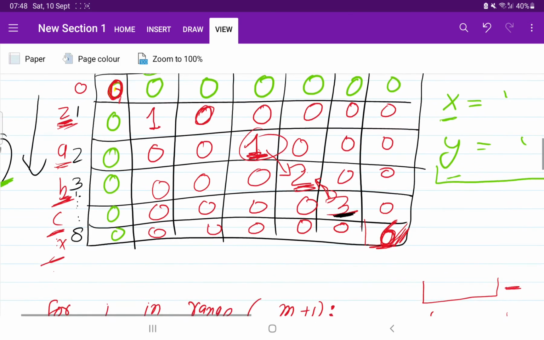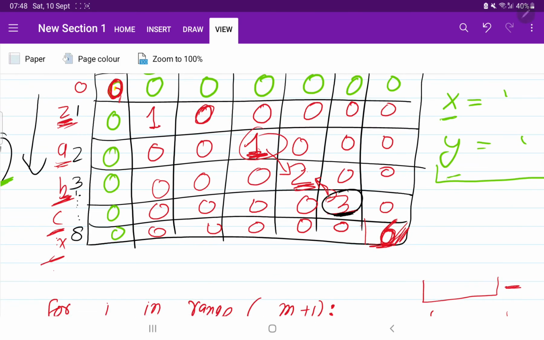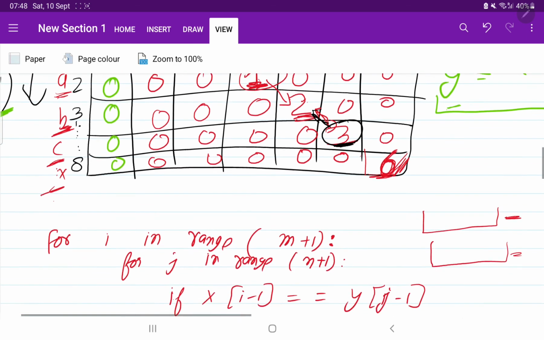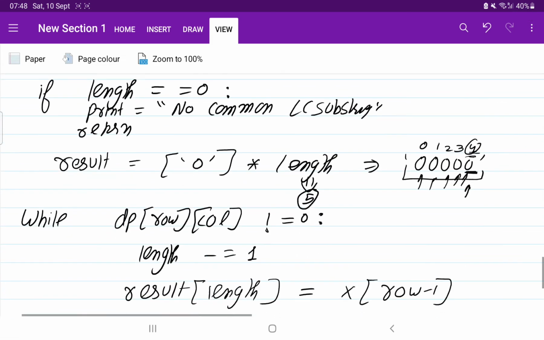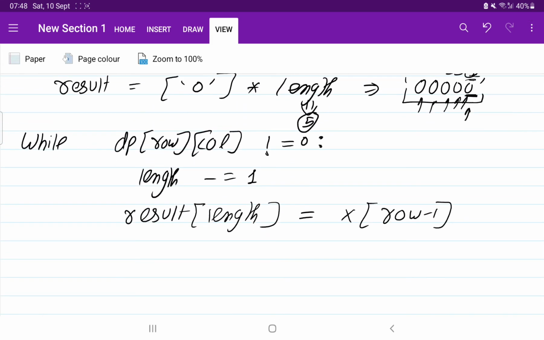Then once we got this, we were moving diagonally backward. Instead of x of row minus 1, you can write y of column minus 1 also, because as the elements are equal, both the values will be equal.